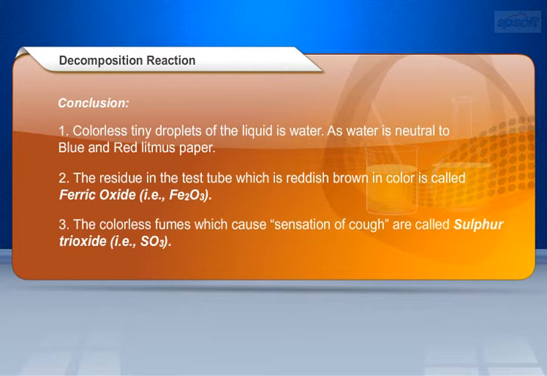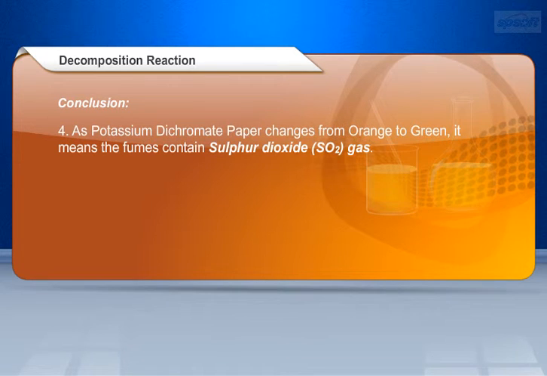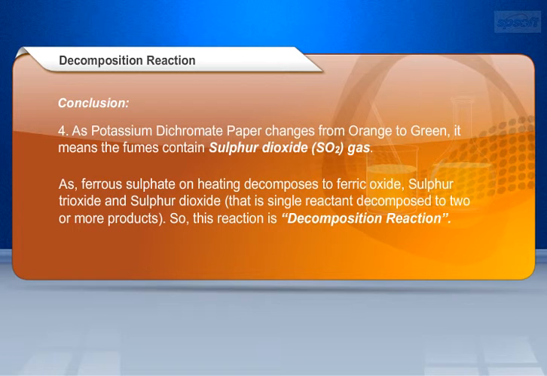As potassium dichromate paper changes from orange to green, it means the fumes contain sulfur dioxide, that is SO2, gas. Ferrous sulfate on heating decomposes to ferric oxide, sulfur dioxide, and sulfur trioxide. That is, a single reactant decomposes to two or more products. So, this reaction